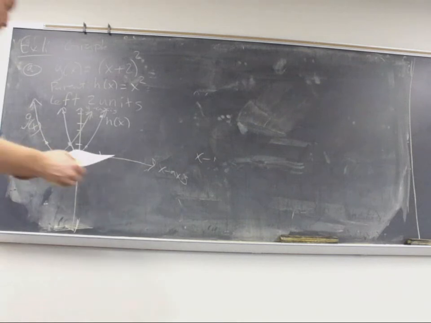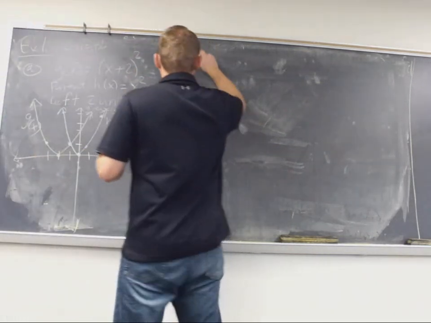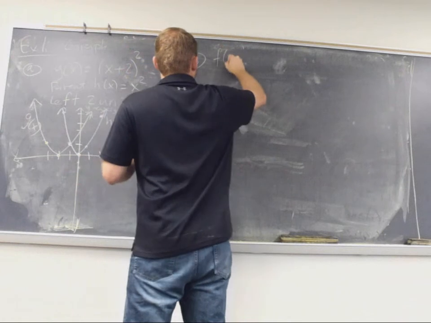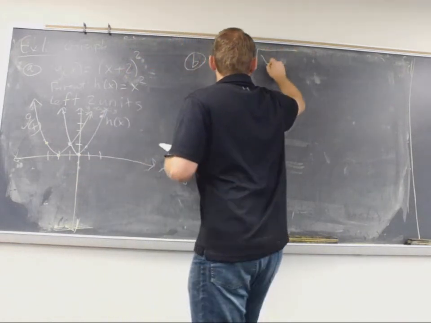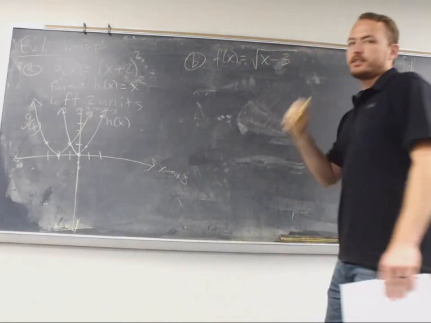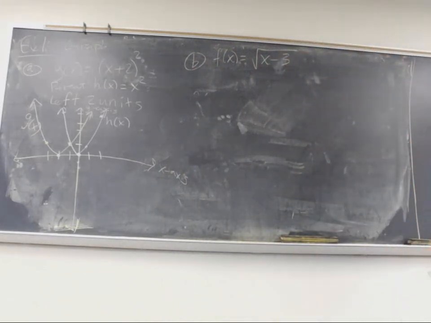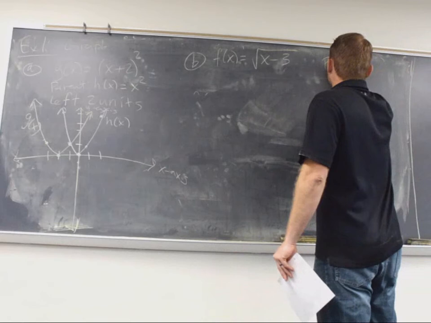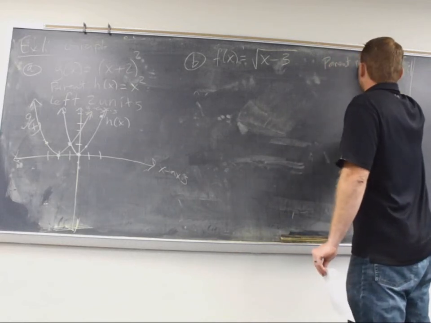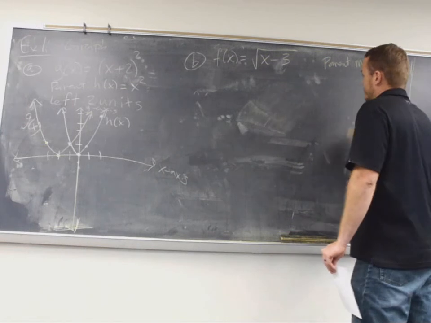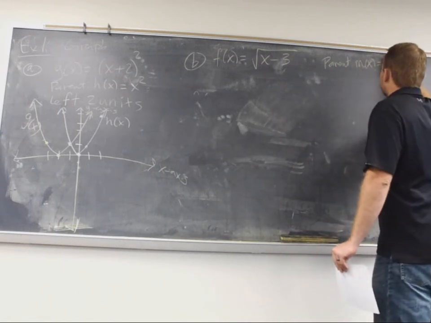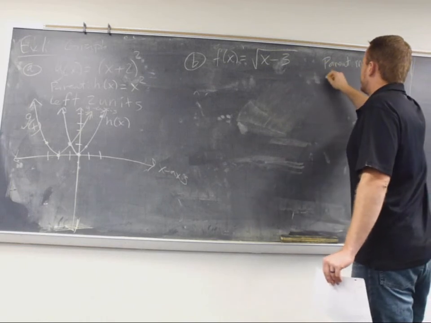All right, let's try one more. B. Call this one f of x is equal to the square root of x minus 3. So try this one by yourself. Go ahead and pause the video. Parent function is m of x is a square root. I'm going to call it m of x is equal to the square root of x. And the shift,